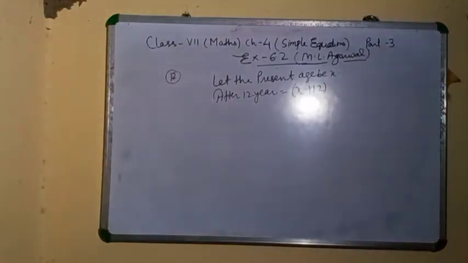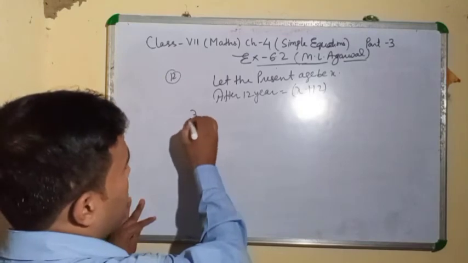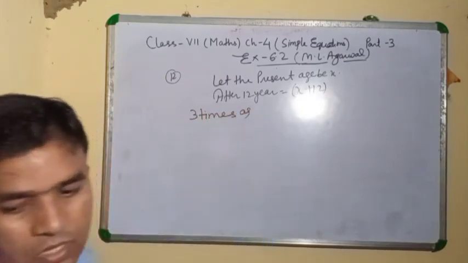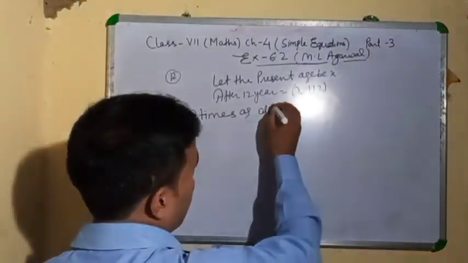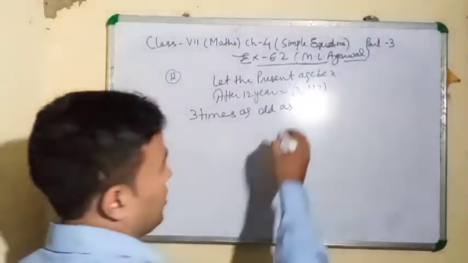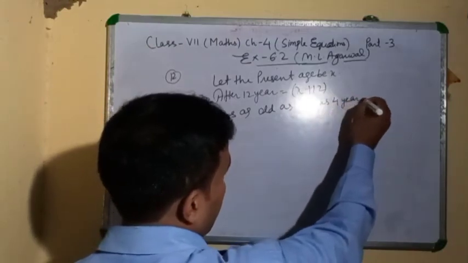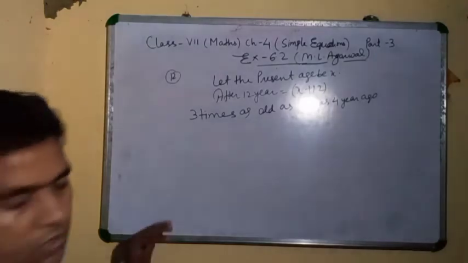Clear? 3 times. Clear? According to the question, 3 times as old as I was 4 years ago. I was 4 years ago. Clear? Then